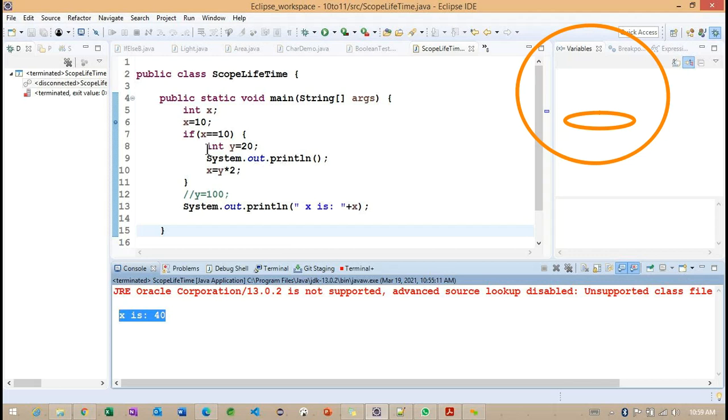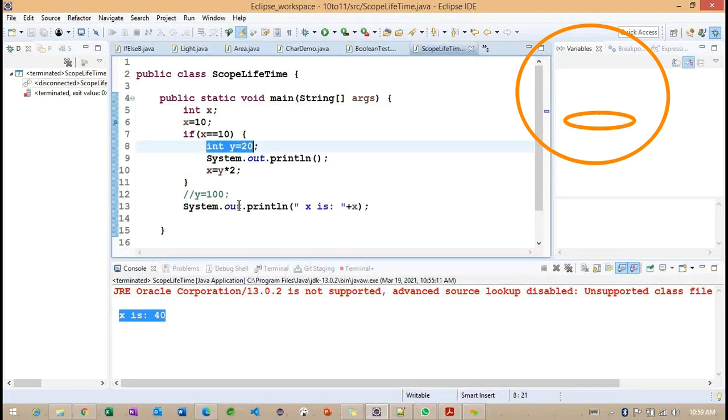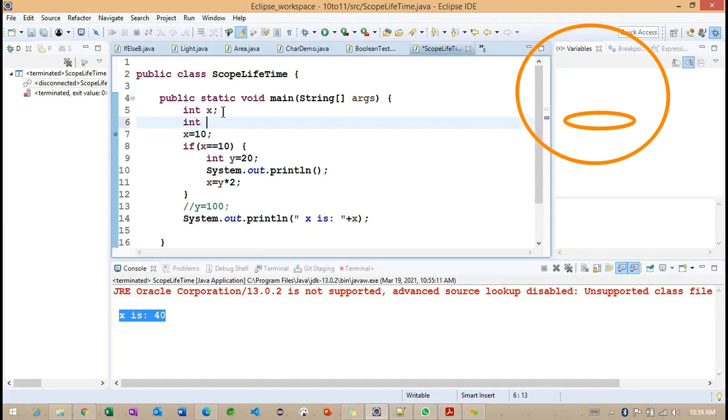Okay. If I want to access my value outside of this particular block, what do I need to do? The simple way is to create y here, and declare it. If you observe, we are getting an error here: Duplicate local variable y. What you understand is that the variable name cannot be used more than once. Multiple variables cannot have the same name. That's the reason we are getting the duplicate error here.